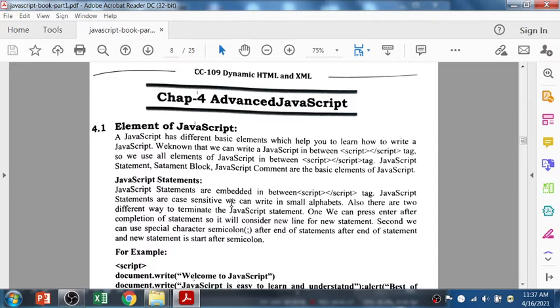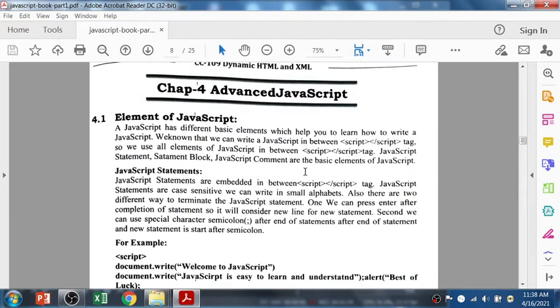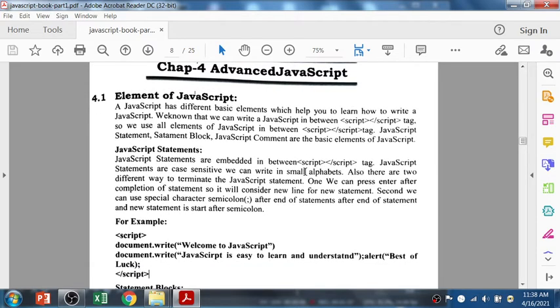So, the JavaScript statements. Whatever statements you are going to write should be within the script tag, and each and every statement should be completed with a semicolon symbol. JavaScript statements are case sensitive. So if we write things in small letters, they should stay in small letters whenever we use the same element further. So it's a case sensitive language, and we must complete the statement with a semicolon.